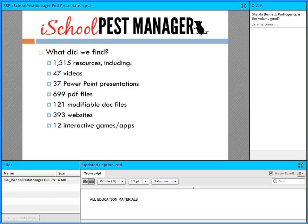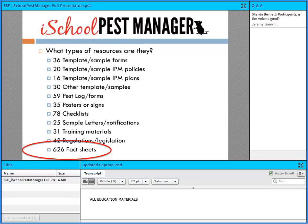we found a variety of resources. There were 1,315 resources, including videos, PowerPoints, PDF files, modifiable document files, that means Word documents or Excel files, websites, or interactive games and apps. As you can see, some of these resources, once we broke down types of documents, we found that we had